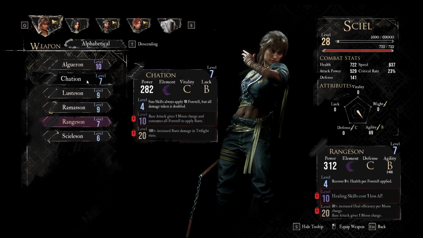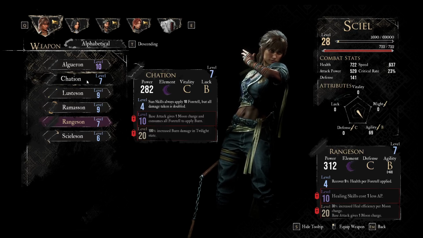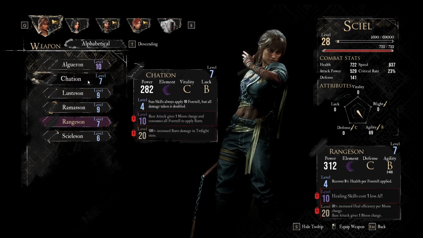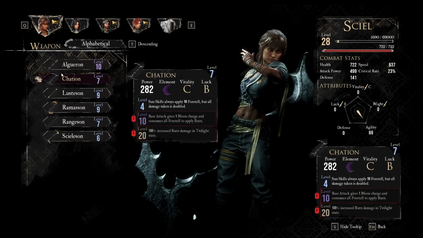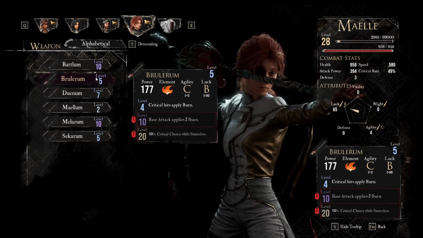Wait, stun skills always apply 10 Foretell, but all damage taken is doubled. Interesting. That seems strong, but it's quite the thing. Base attack gets 1 moon charge and consumes all Foretell to apply burn. Maybe I will use this. I like the risk. Yeah, I guess I'll use that. I'll take the risk. You...